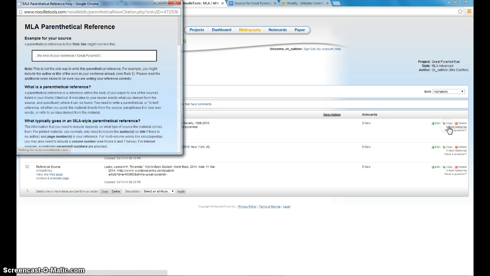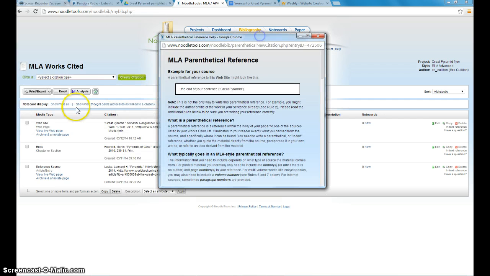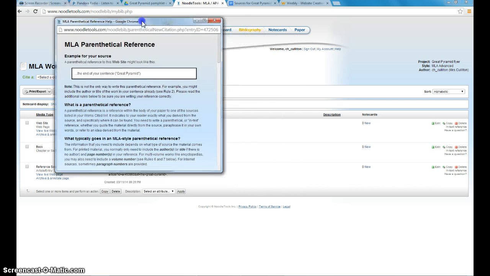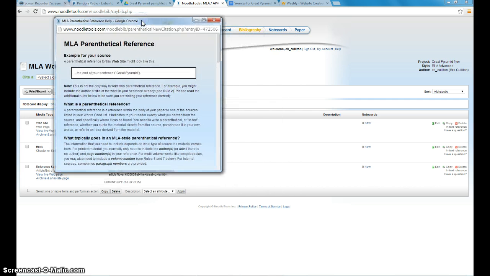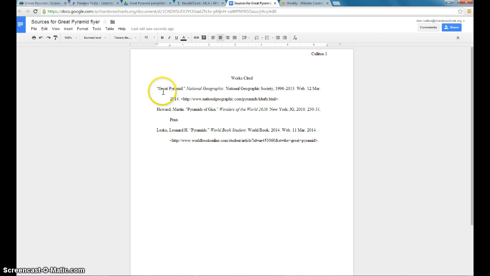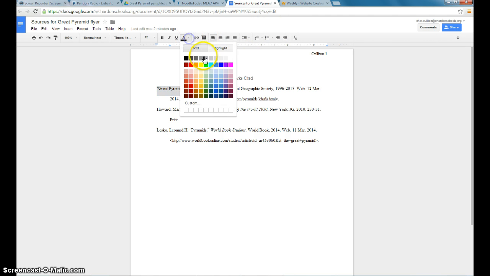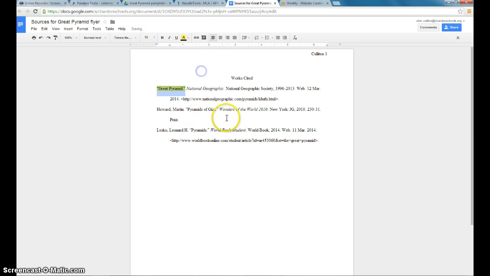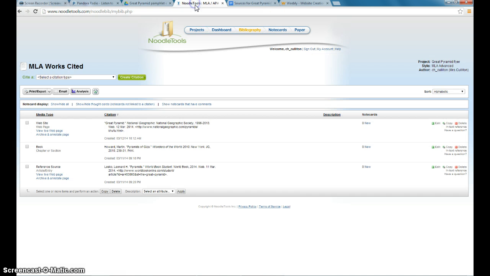So if you click on that, it tells you that if you are writing a sentence and your fact came from this source, this is what you need to put in parentheses. And we've been doing this in class with your practice works cited pages where we've been highlighting it. So let's go ahead and do that. I'm going to highlight Great Pyramid to show that when my fact comes from this source, that's what I'll be putting in parentheses. And I'll be showing you how to do that in the next screencast. So I'm going to go back here,